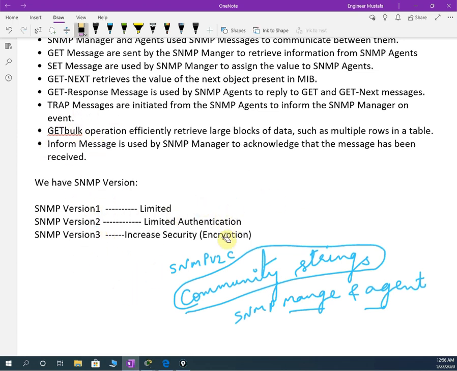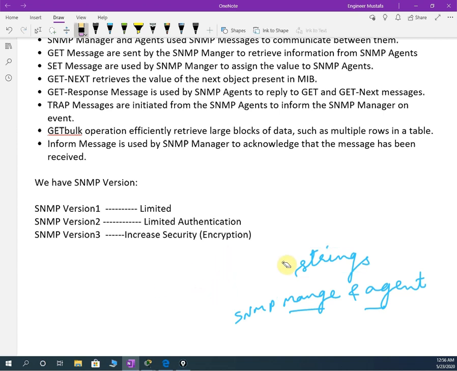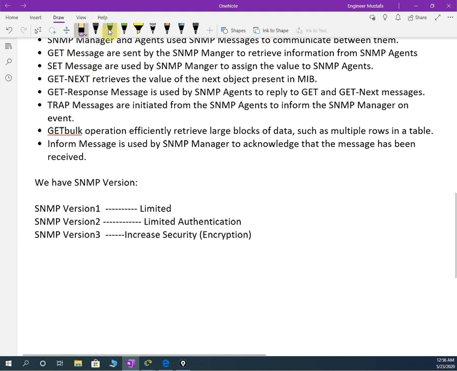Actually, what we will do is install one application in our client PC, and configure the SNMP protocol in our router or switch. We don't have this lab in our CCNA syllabus, but anyhow, for example, this is router R1 in configuration mode. So what steps will we write?